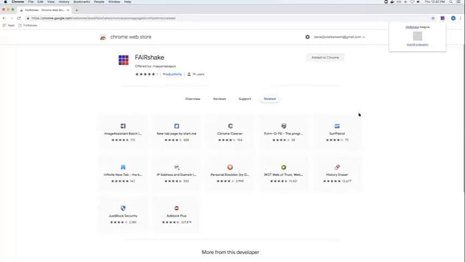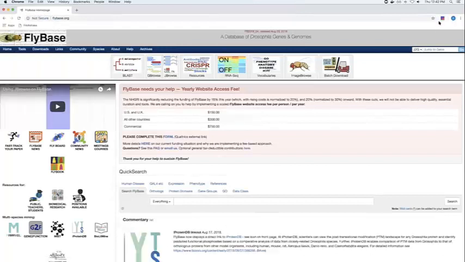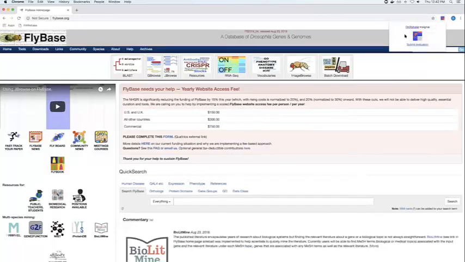Because this is the Chrome Web Store, naturally we have not evaluated it for fairness. But if we go to the familiar Flybase, we can click it and see that it gets populated with the insignia representing not just Flybase, but in fact all of the subtools that come on this domain.